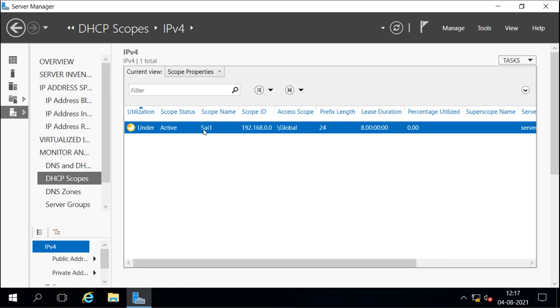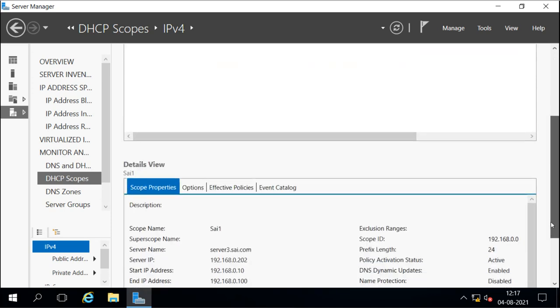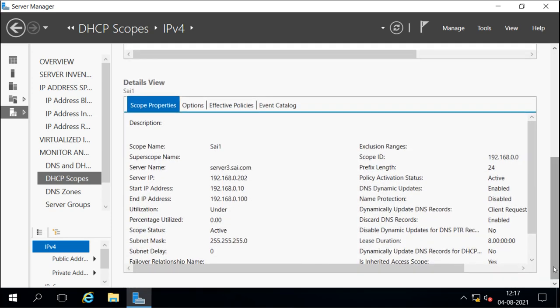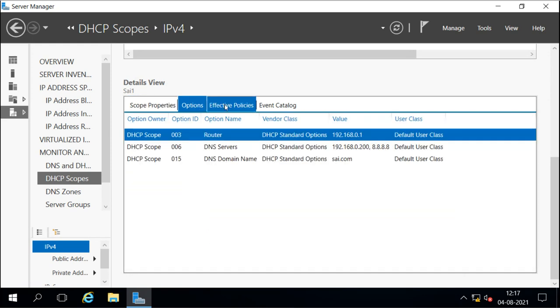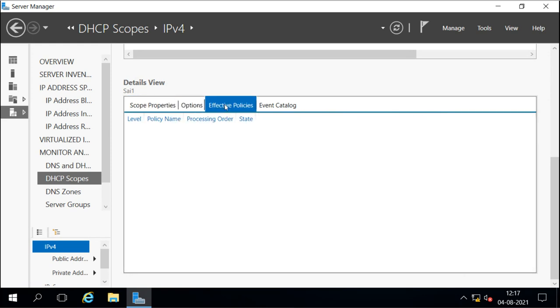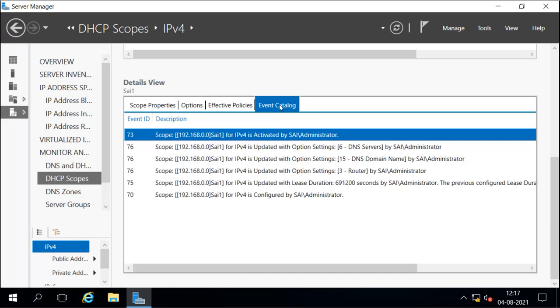We can verify this from server 3 also. Now when you select this and go down, you will see the detailed information about that scope: scope properties, scope options, effective policies if we have created them, and event logs also.